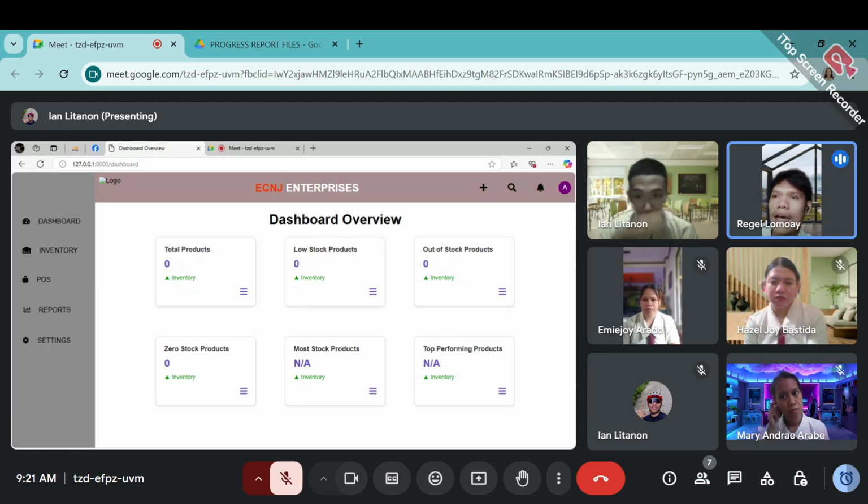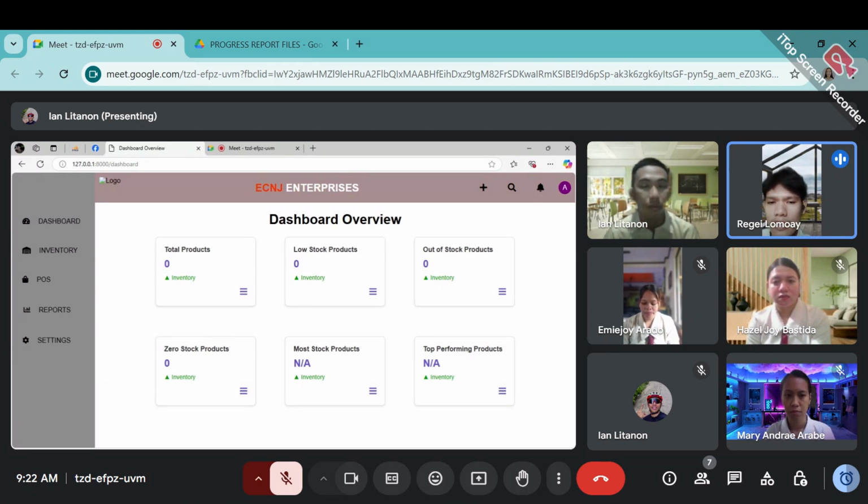This dashboard will notify the user if a product has much stock, or if it needs to be restocked.